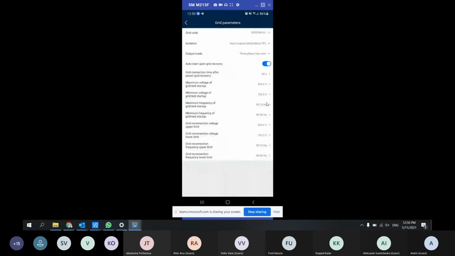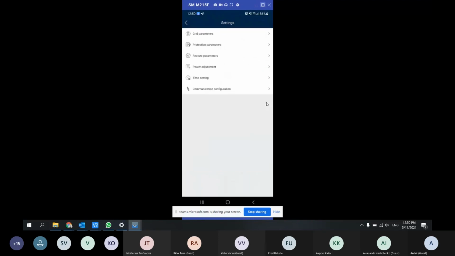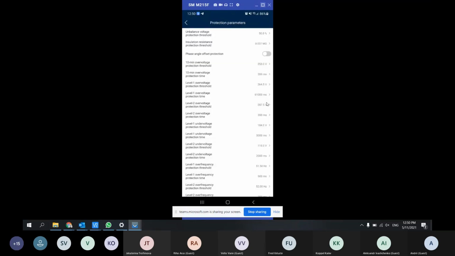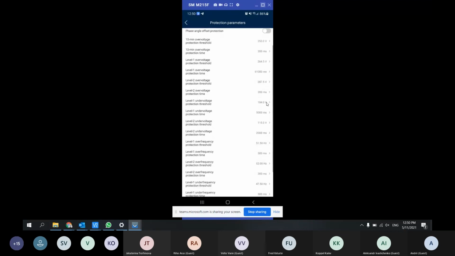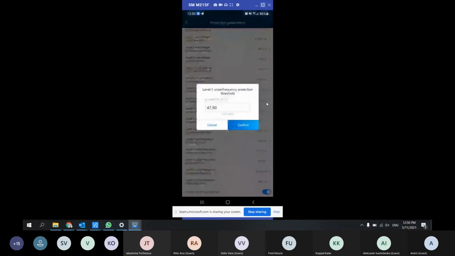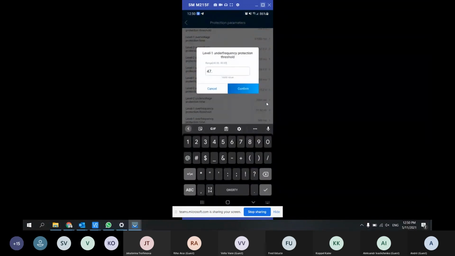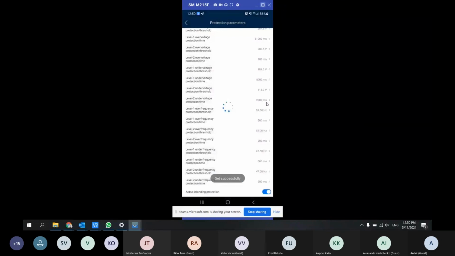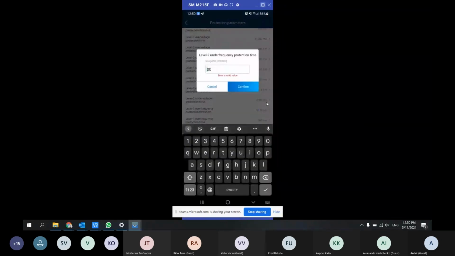Then we go back to protection parameters. And now we adjust here the under frequency. Level 1 under frequency should be 47.4 with 100 milliseconds.